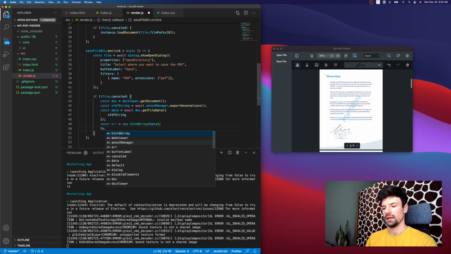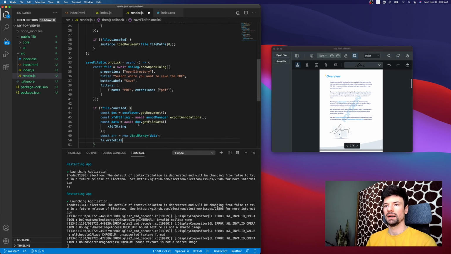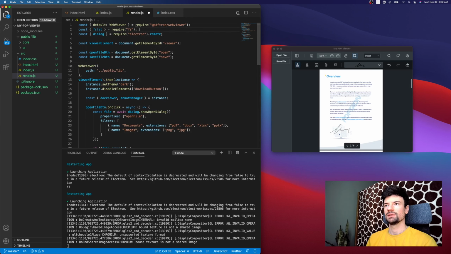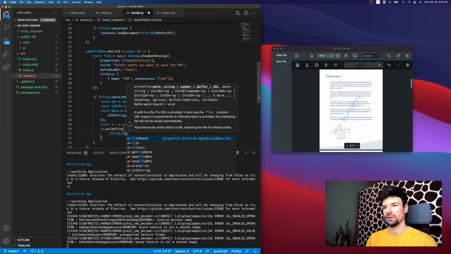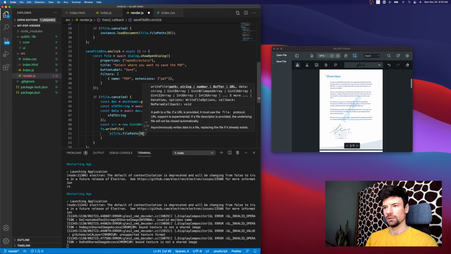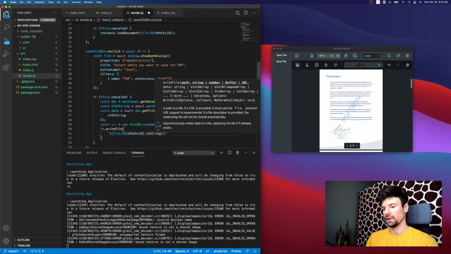So we can say fs.writeFile, and this is not coming up since we need to require it. So instead of fs, we're just going to do something like this. const fs = require('fs'). Great. So our path is going to be, and again, use the backticks to build a template string, file.filePaths[0], because we're allowing a single path, and then we're going to convert it to a string. And then after that, a slash